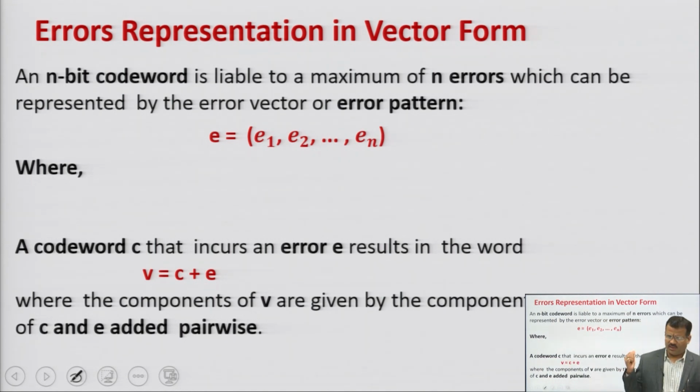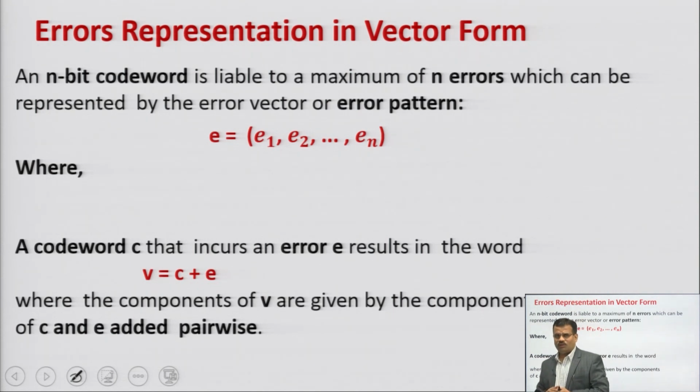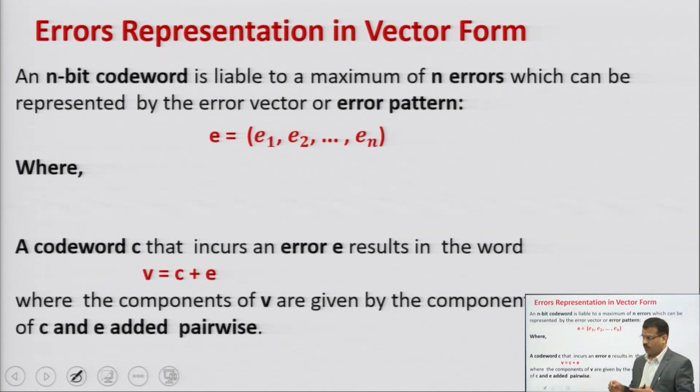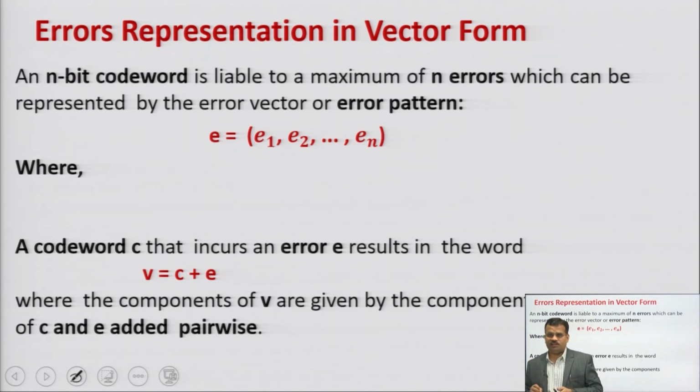That's why, जैसे हमने देखा भी vector presentation of codes. अब जैसे हम देखें error representation in vector form, how you detect the error in terms of pattern and after detecting you can correct. तो at first generally जो codes हैं आपके उससे आप error को detect करते हो. After detecting, you can correct the error. So like मैंने क्या लिखा, error representation in vector form.